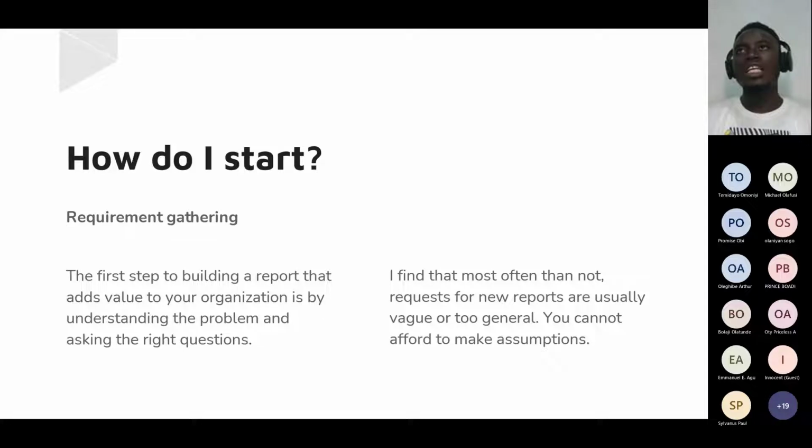And in my experience, not just now, but past experience as well, I find that most times people who request reports, let's call them report owners, most of the time don't know how to request a report, and that's the truth. They don't. That's why I mentioned earlier that you have to treat your Power BI report as a product, because by the time